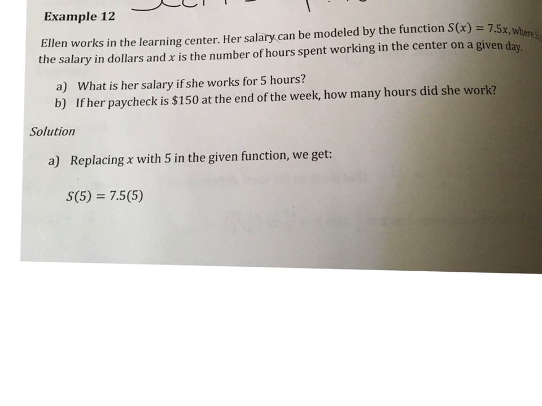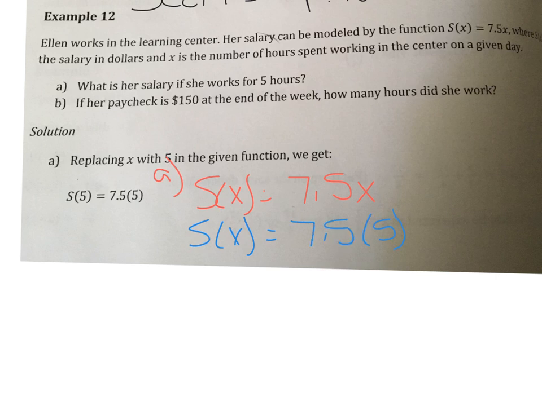I can write down here, S of x equals 7.5x. We're working on part A. What's her salary if she works for 5 hours? So let's mark this as part A. If she's working for 5 hours, x represents the number of hours, so we'll substitute a 5 in there, and then after we simplify this, we'll have the amount of her salary. So her salary will equal 7.5 times 5, which comes out to be